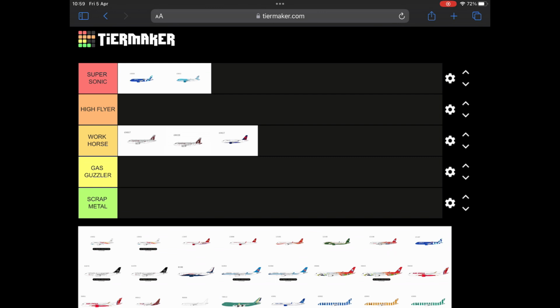Don't really need both of them because they're both kind of the same. I shouldn't think anyone fleet collects this airline. It's so small, but it's a nice scheme. It's a more interesting Chinese airline, which is something I've been looking for, some more range in the Chinese airlines being produced. So I think these are both really nice. I'm going to put one of them up into Supersonic, put the other one in the workhorse, because they are